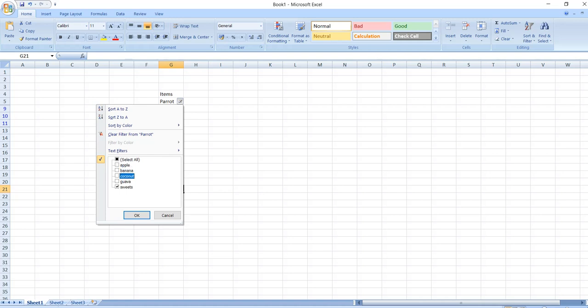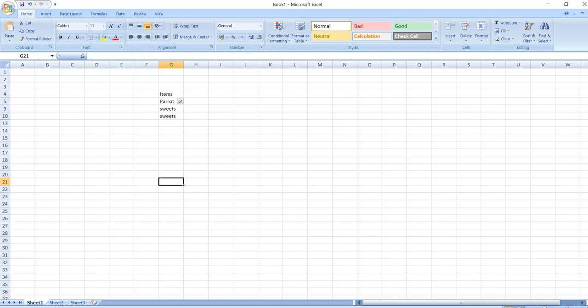I'm saying only sweets, so this many items appear. So in this way we make the filter. So this is my filter. I think you guys understood how this thing